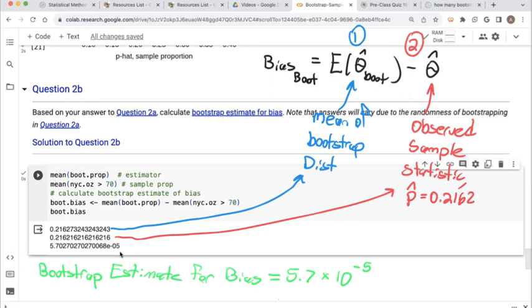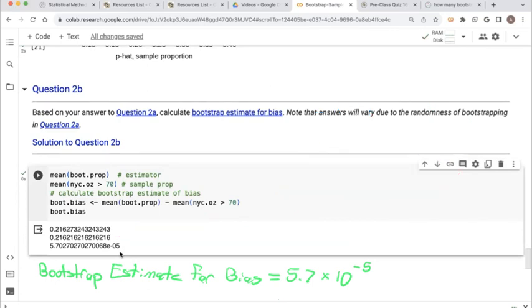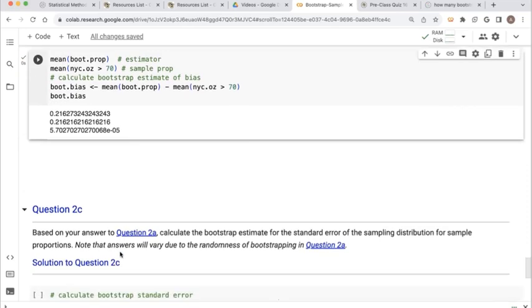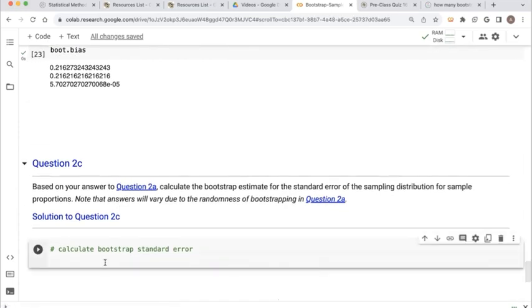But we should keep in mind here that we are estimating a proportion, and proportions are values between 0 and 1. So these are not large values to begin with, so we shouldn't expect a whole lot of spread in those values. So sometimes just looking at the bias might not be the be-all, tell-all, but we might want to think about, well, how much bias is there relative to the spread of values that we're getting in our bootstrap distribution? So the bootstrap standard error is going to be useful to compare, relatively speaking, is this a lot of